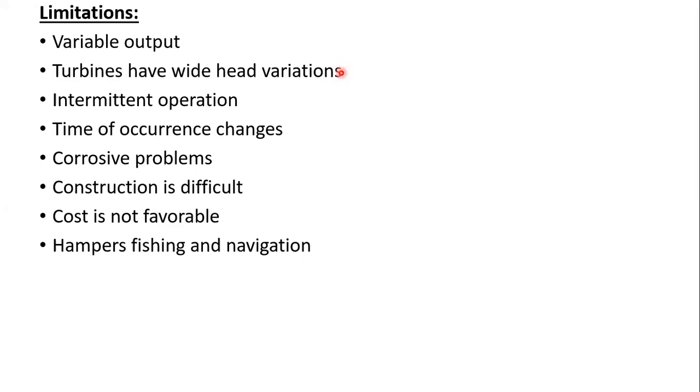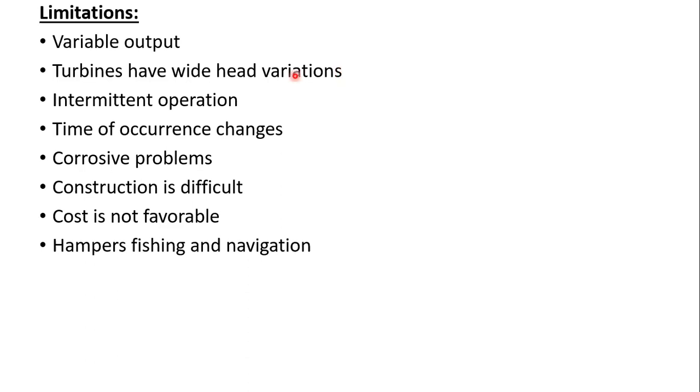That means the tidal range is highly variable, right? And turbines will also have to work with this range of head variations. Okay, so this affects the efficiency of the plant. If there is a smooth running of the turbine, the output will also be smooth, right? So this variability affects the efficiency of the plant, as the turbine's efficiency will also be decreasing.